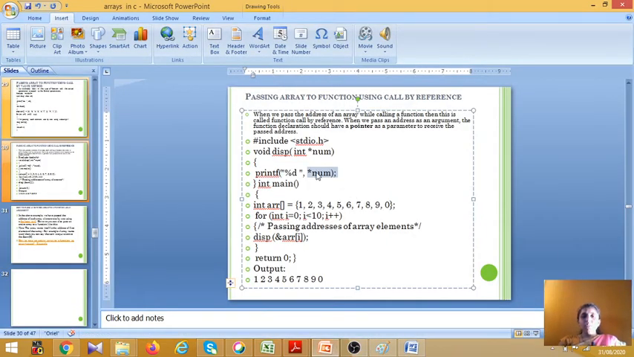So here we print the value which is stored at num, meaning the address which is stored in the num variable. So in the num variable we have stored the address 100. The value at that 100 position is 1. So it will print 1 here. Okay. Next,